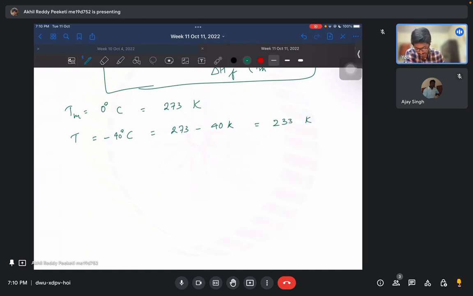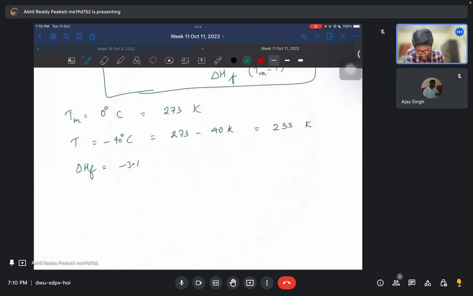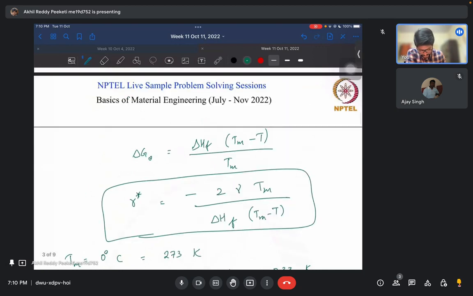Now delta Hf, the latent heat of fusion, is given as minus 3.1 into 10 power 8, and surface energy is given as 0.025